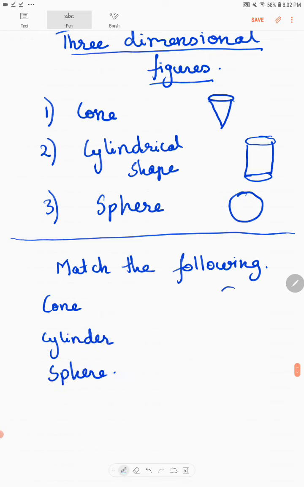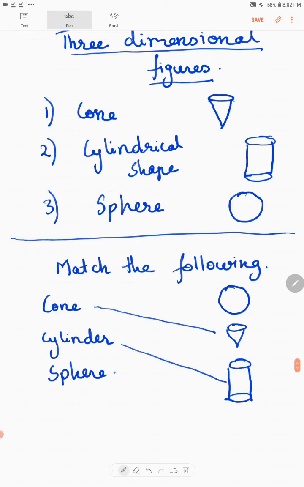Now we'll match. So you have to match. This is cone, this is cylinder and this is sphere. Now we will do some basic things dependent on the text.